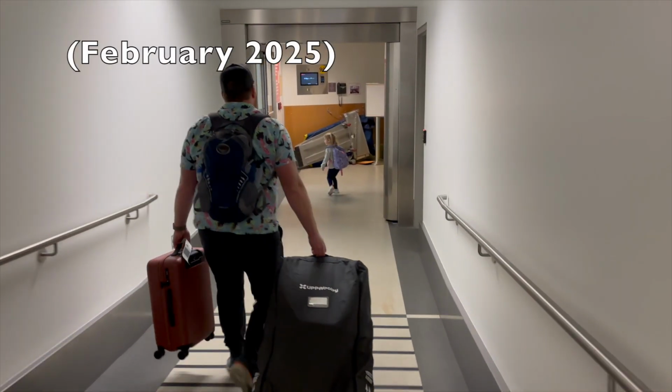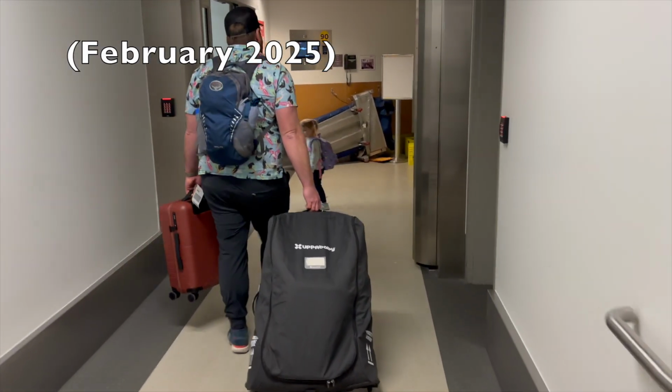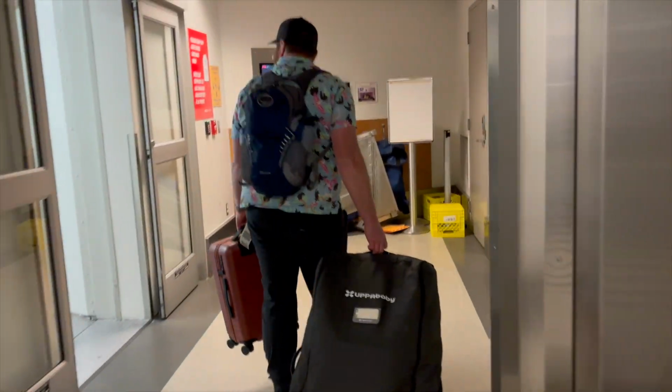I'm going to take our UPPAbaby Vista stroller with just one of the seats, and then I bought this little contraption which I'm hoping will be a good fit for our 4-year-old to use. The UPPAbaby is just a little inconvenient to travel with because even though we have the UPPAbaby carrier to put it in for the plane, we have had to also bring another bag to put the second toddler seat in, so it just kind of seems like a lot, and it's not convenient to break down and break apart,